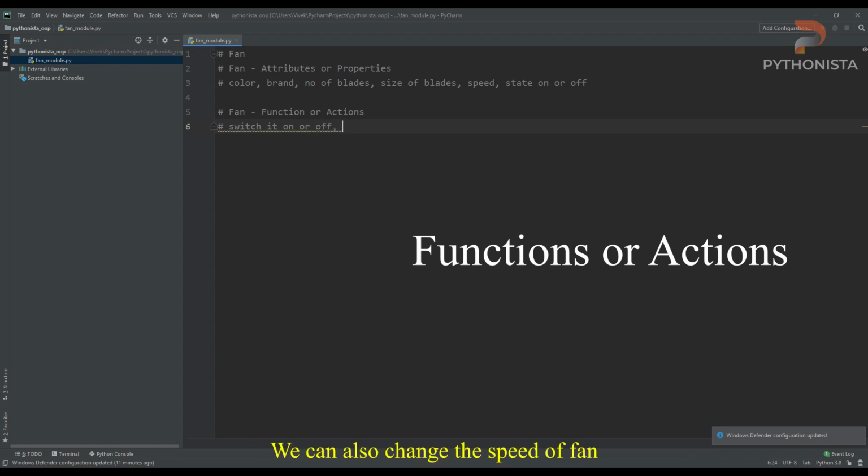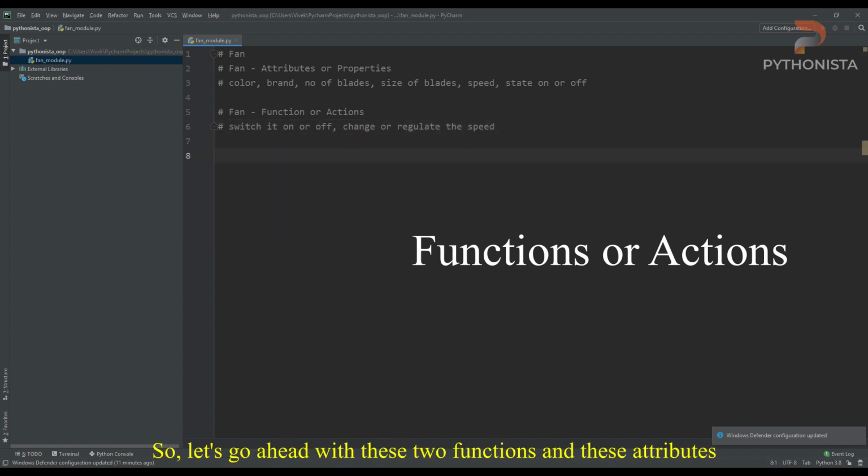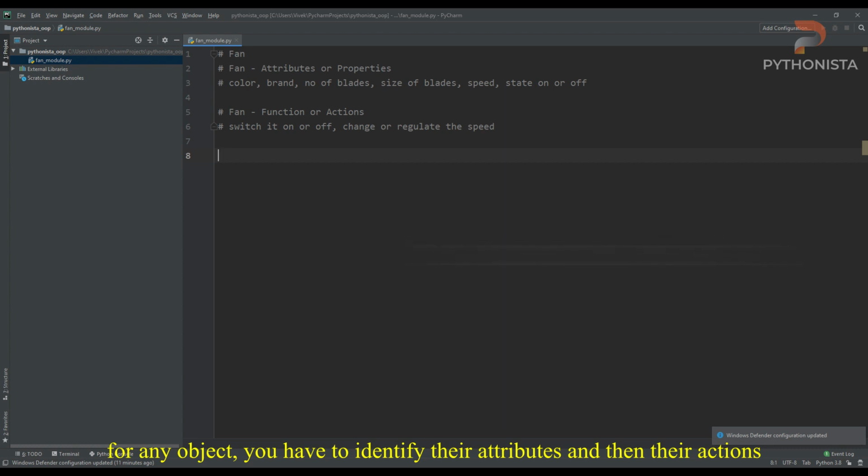We can also change or regulate the speed. Okay, so let's go ahead with these two functions and these parameters. For any object, you have to first identify their attributes and then their actions.